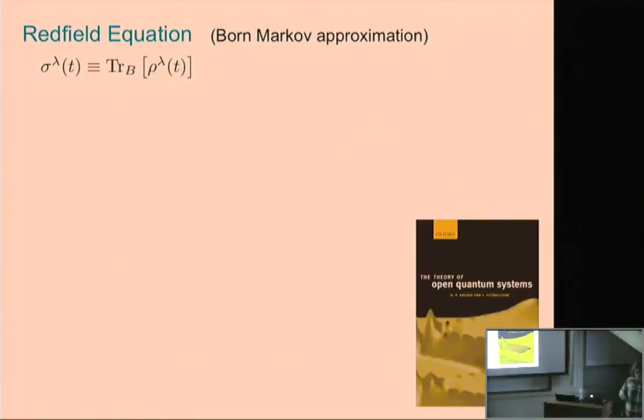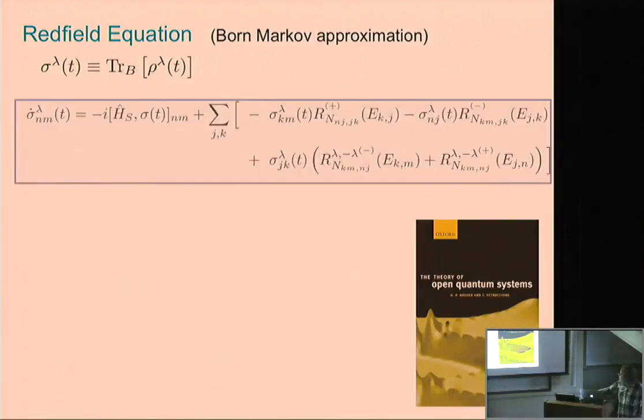What can we do? Well, we will just open the book and do what everyone does, and we've heard it several times. Let's do just Born-Markov, even the secular approximation later, the very standard weak system-bath coupling approach. And here it's written with the Redfield formalism rather than the Lindblad formalism. So this is a Schrödinger representation, and let's define some things. E_kj, for example: these are the energies of the subsystem, so this is the energy difference, E_k minus E_j, for the subsystem.